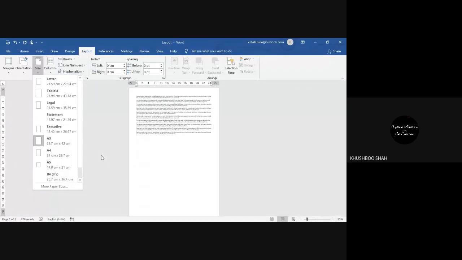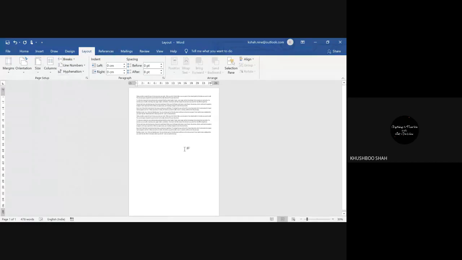Because if you prepare your content and do all these things at the end, there are 100% chances that all the content will get messed up, because it will change the content's place according to the size and the margin. So it is always advisable to set page size, orientation, and margin at the very first shot. Clear, everyone?